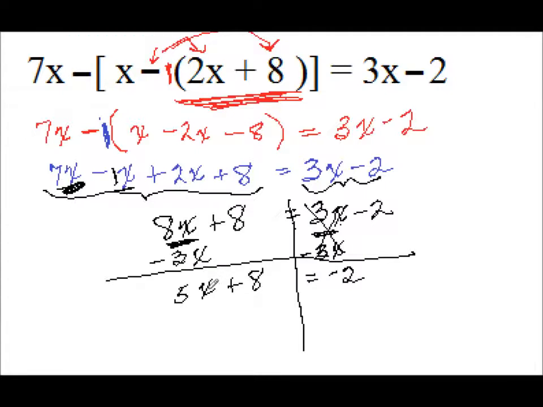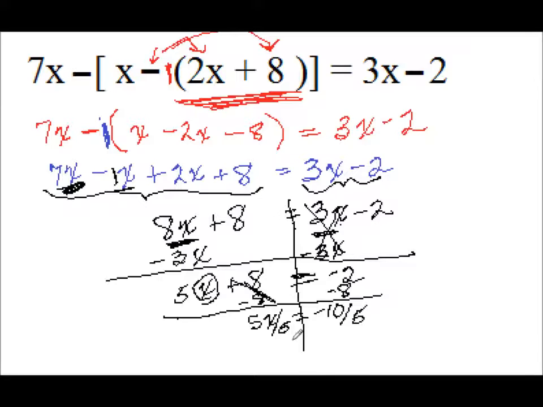Now we need to get this x by itself. So how will we get rid of this plus 8 from this side of the equation? We would subtract 8 from this side, subtract 8 from this side. I'm going to draw a line again. These 8's kill each other off. We get 5x equals -10. How do I get rid of this 5? I divide by 5, divide by 5, and I'm about to run out of space. x is equal to